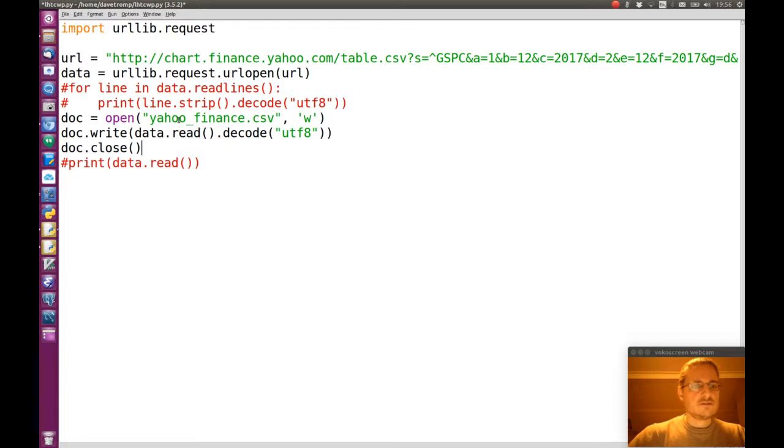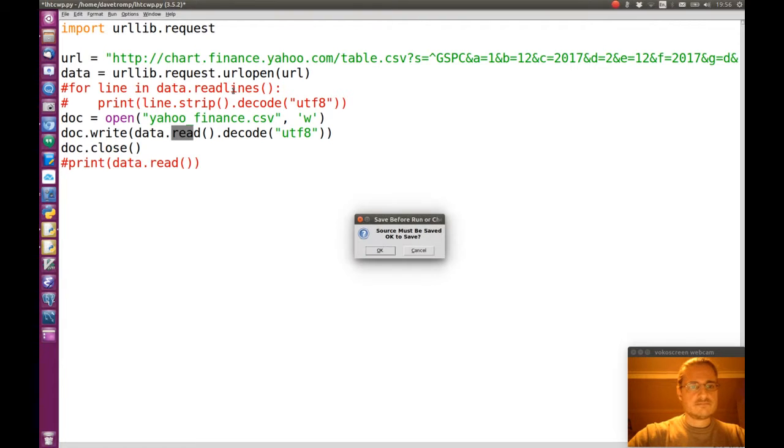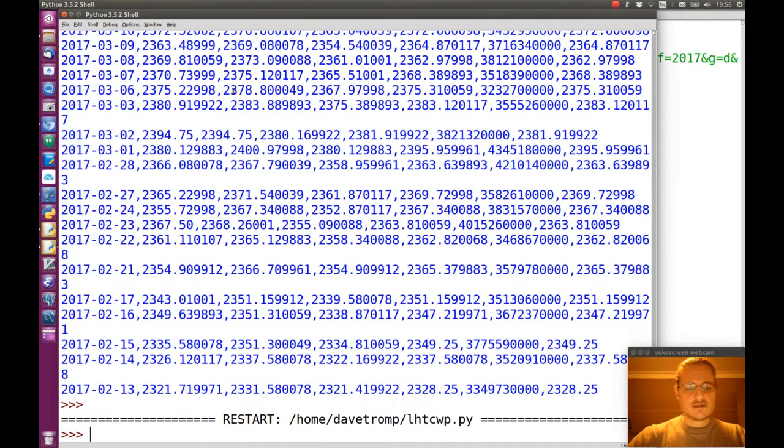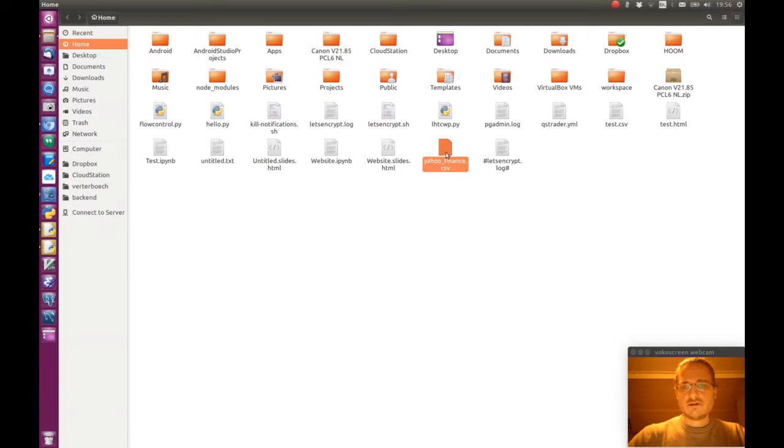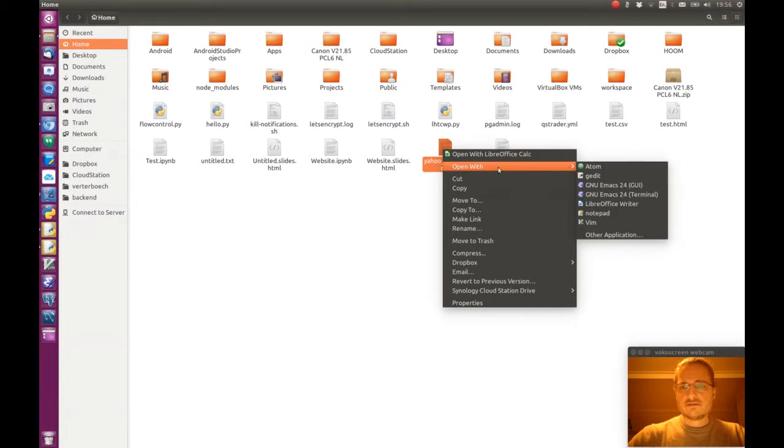So this should write to Yahoo Finance the string of what's in the data. So we read it, we decode it, and then we close the file, and we take it from the URL. So let's run this again. Okay, that doesn't give any output, but now this file should have